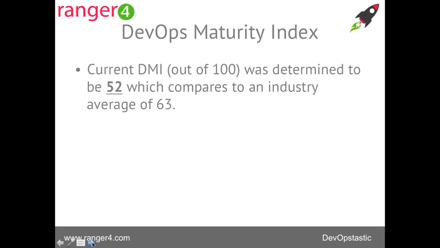We use those questions and we score them, and we have a Ranger4 DevOps Maturity Index. So what we can do is actually give somebody a single number. You can end up with reams and reams of different maturity matrices and radar diagrams showing people where they are. But actually, we find it helps just to distill that down to a single number in addition to doing the rest of it.